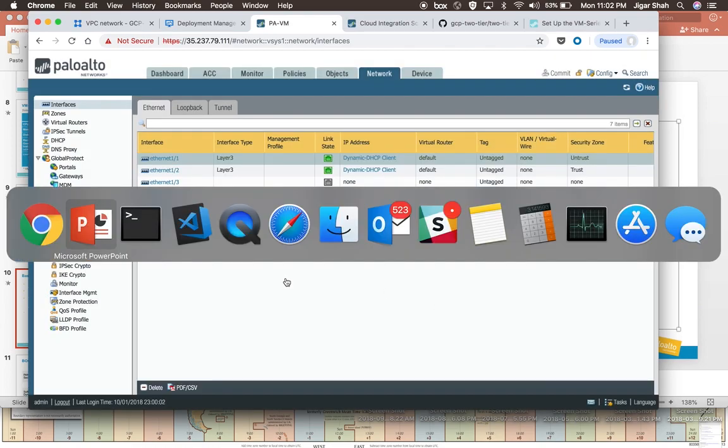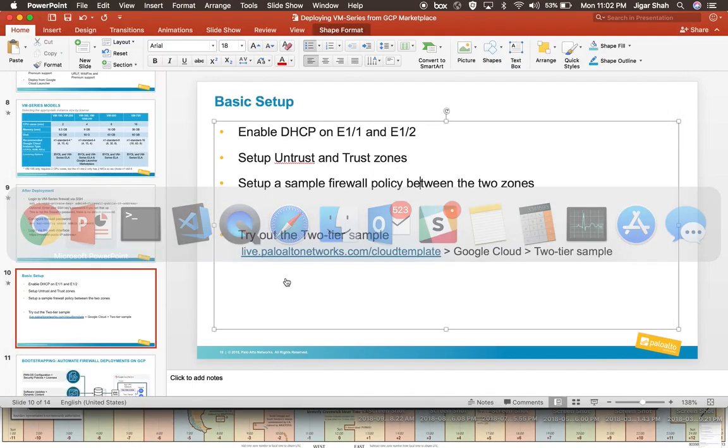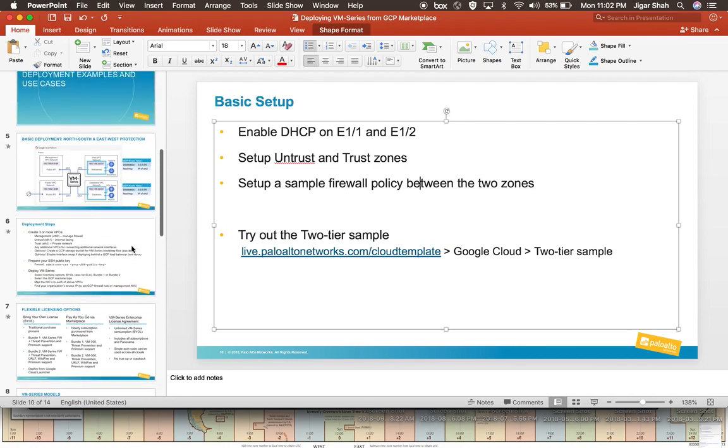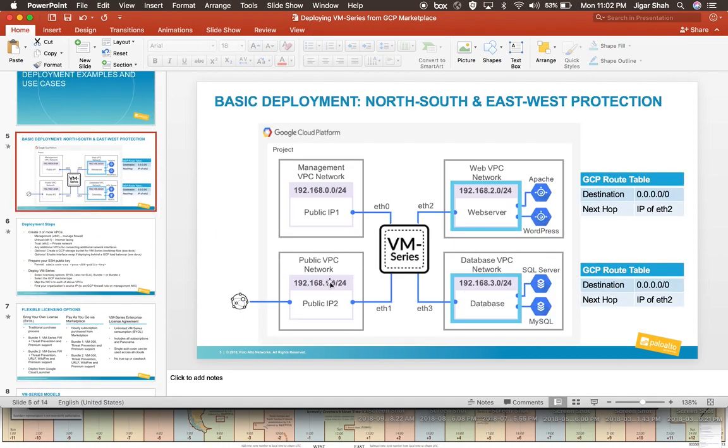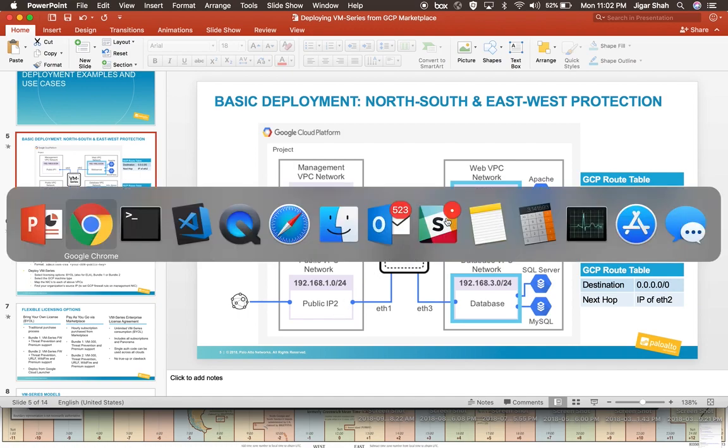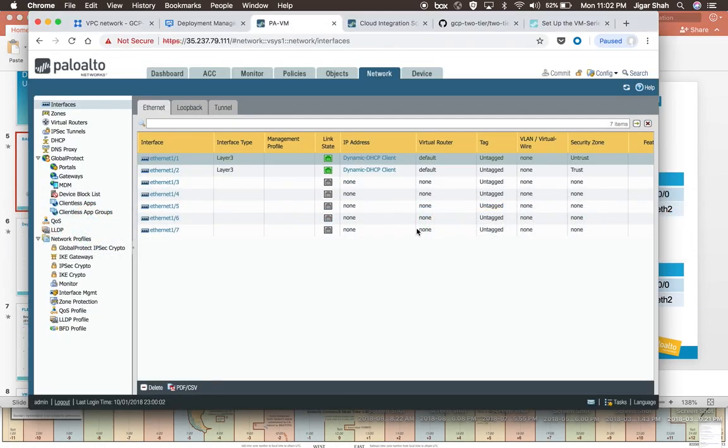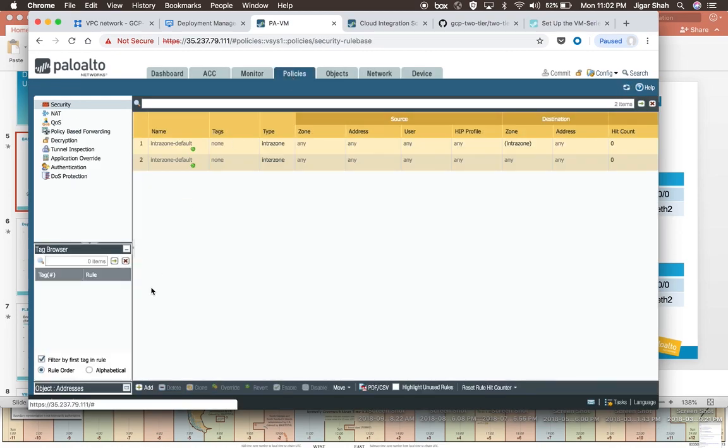So essentially, at this point, if I come back and show you the diagram, in my case, I just use 3 interfaces. This 4th interface does not exist, but now public-facing traffic that comes from the internet can connect in, and if you have a web server behind here, you can now write a security policy that goes across these 2 zones. For example, I go back here and I can write a security policy that says